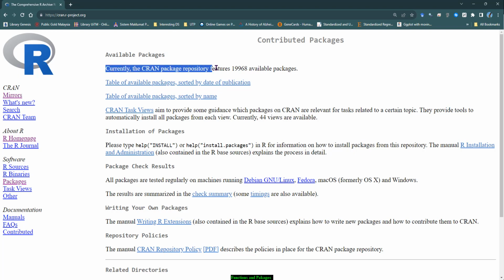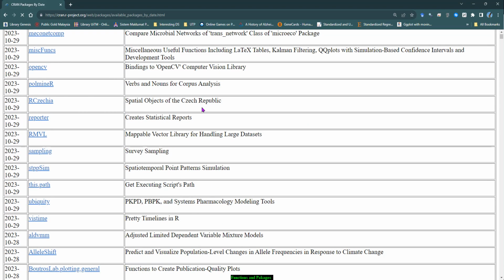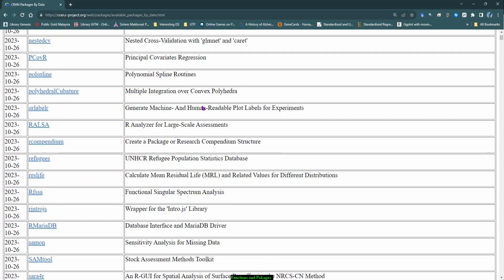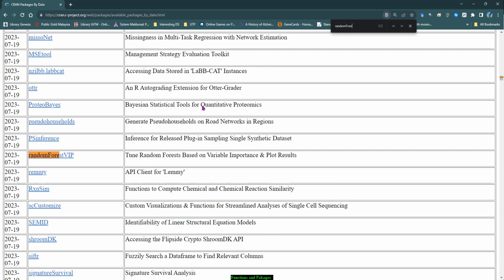Currently, the CRAN package repository features 19,968 available packages, and you can click on the table of available packages and you can find all the packages inside the CRAN repository. For example, let's say I want to find randomForest. If you press Ctrl F and type random forest, you know that there are 8